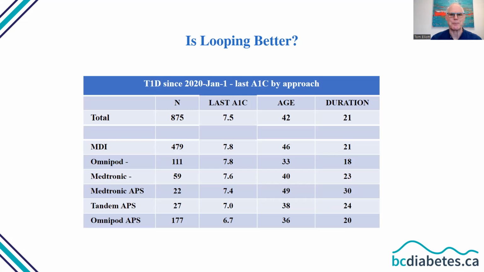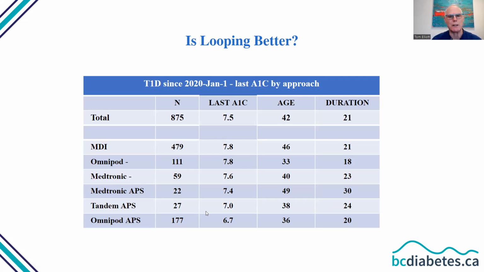Is looping better? Well, to really answer that question, we're going to need a huge randomized controlled study where the allocation to the type of artificial pancreas was random. Of course, we didn't do that, though we hope to do that in the future. To help answer it, I've looked at real world data from our clinic here at BC Diabetes, and we did